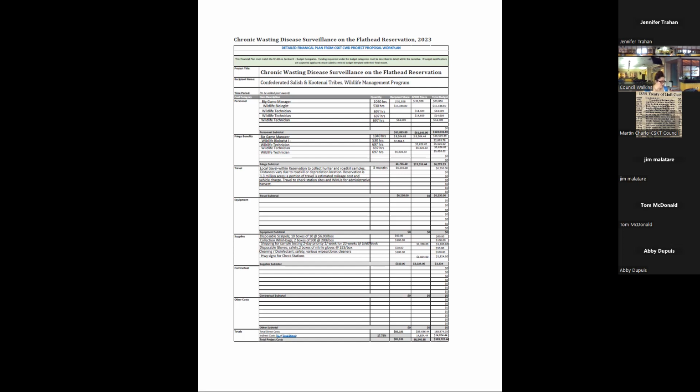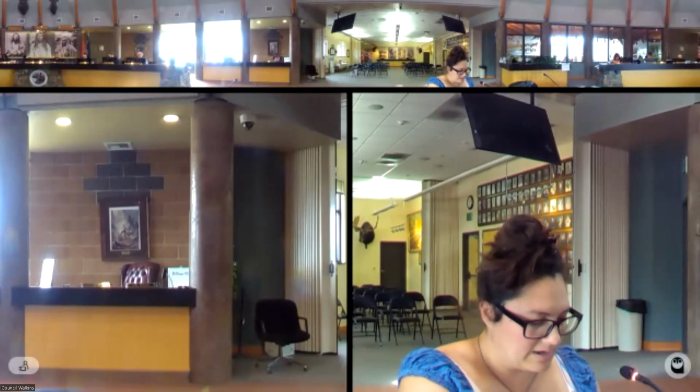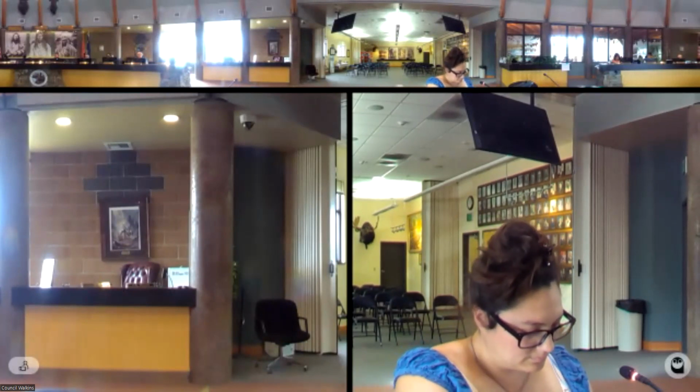And then also collecting samples in some of those priority areas for chronic wasting disease. And so we'll be able to tie those activities into this grant, if we're able to get those additional seasonal employees, and those seasonal folks would also be implementing the hunter check stations and working with hunters in the field to collect some of those samples too. Okay, so you need approval to apply for an APHIS grant. Correct, yep, and I believe the total amount of that was like 93,000 would be the total on that grant. Okay, questions, comments? Is there a motion?